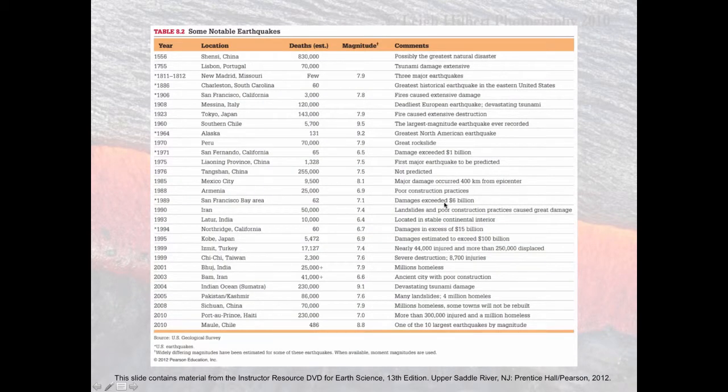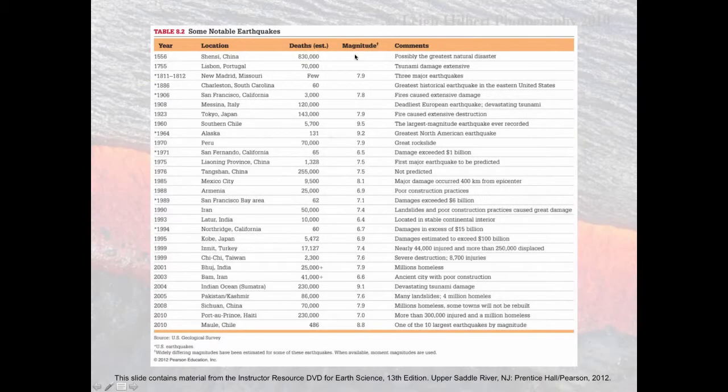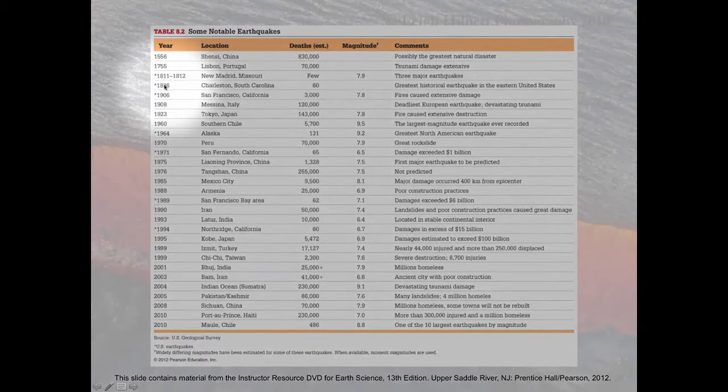It's just a view of some notable earthquakes throughout history, organized by magnitude. You'll notice some of these don't have a magnitude number, but the estimate of deaths and comments indicate what scientists think it to be in terms of intensity, where it would fall in this intensity scale. Say China and Lisbon, Portugal in the 18th century and 16th century were massive. Charleston, South Carolina, 1886,